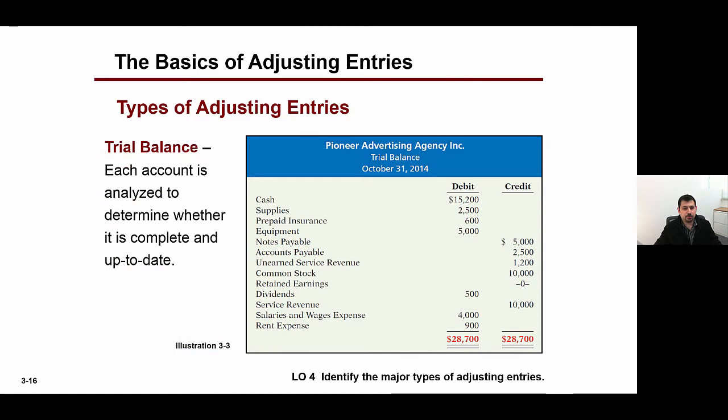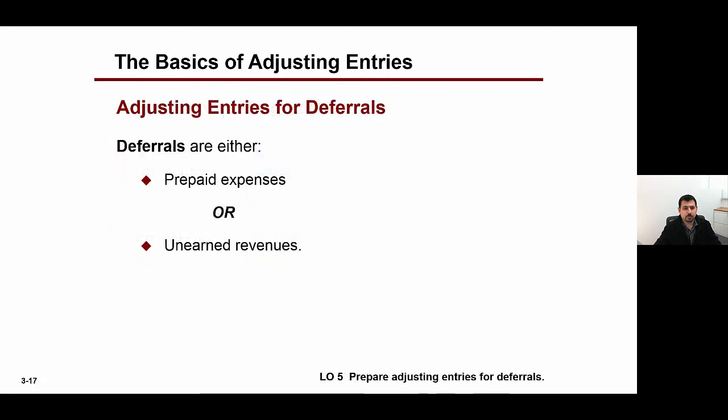And as you remember, this is from the trial balance. We will use the trial balance as a starting point, and then we will update this information. Once we have this information updated, we will end up with the adjusted trial balance. Now,